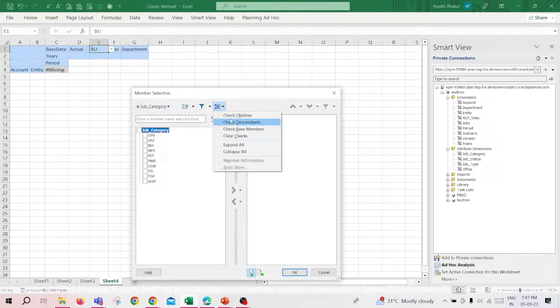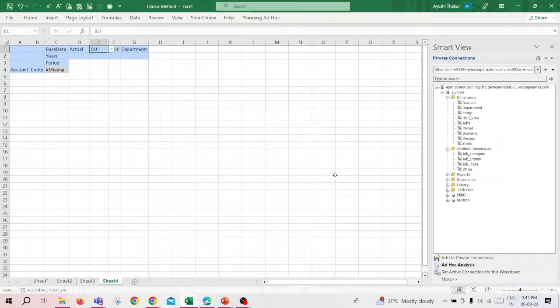You can check the children, check the descendants, check the base member. You want to expand them, you want to collapse them, you can do whatever according to your need in your Excel. After that, you can see that you want to bifurcate